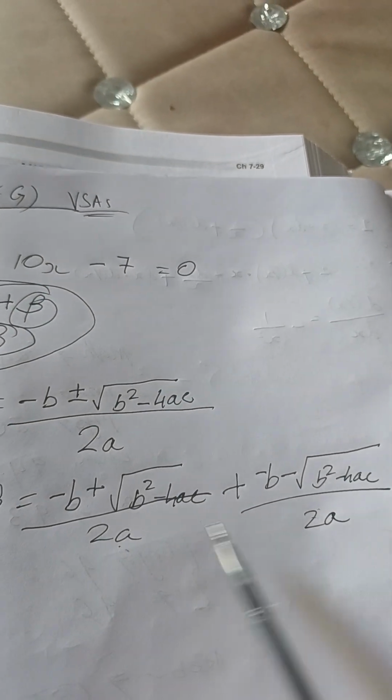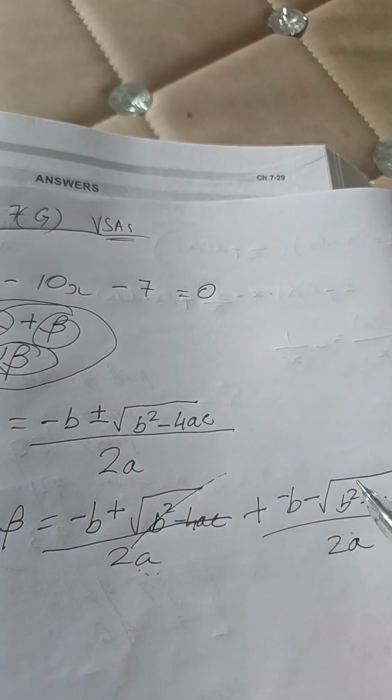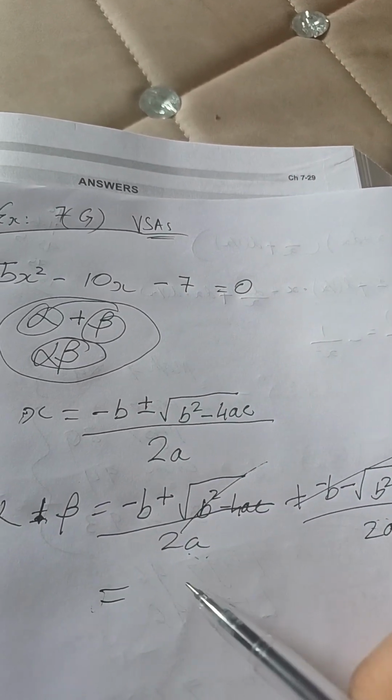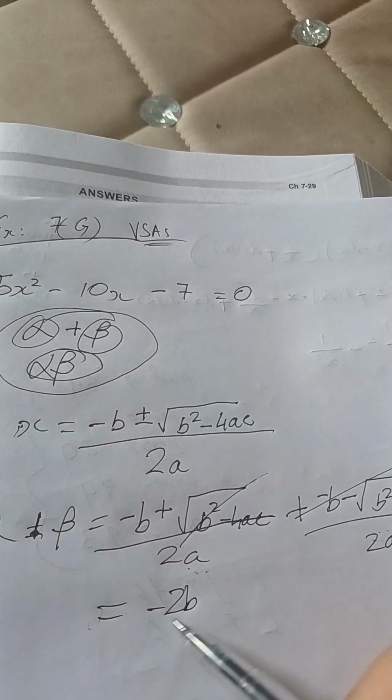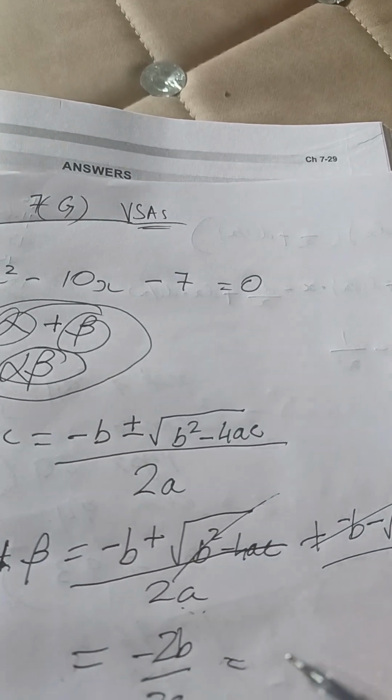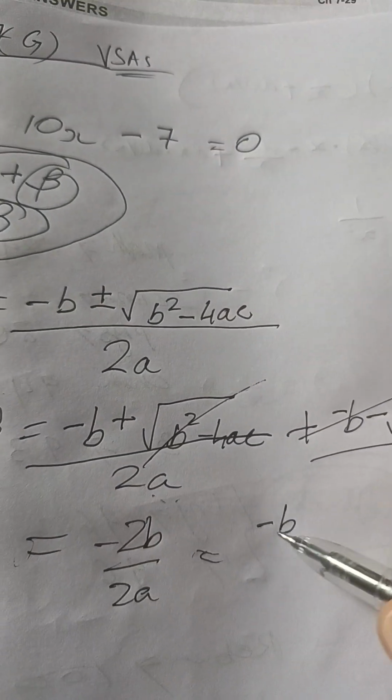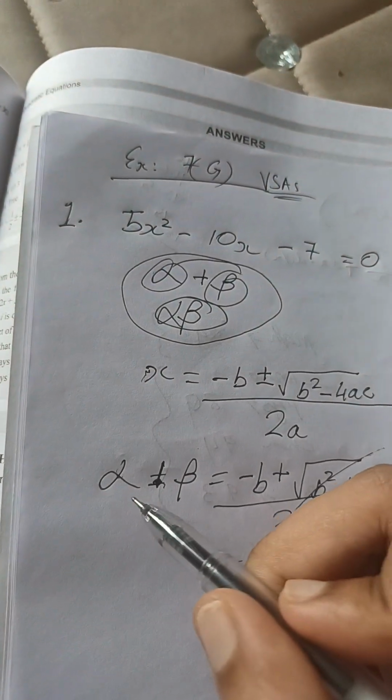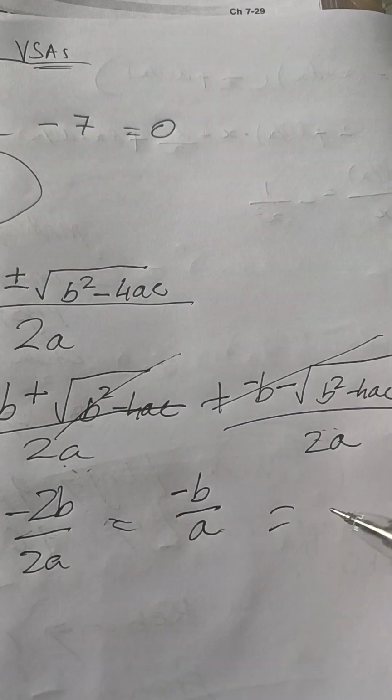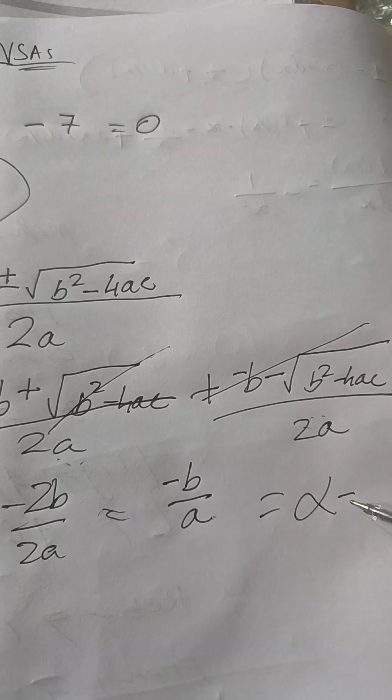This is just the same denominator. This gets cancelled out, so it's just minus 2b by 2a, and that will just be minus b by a. So alpha plus beta is just minus b by a,